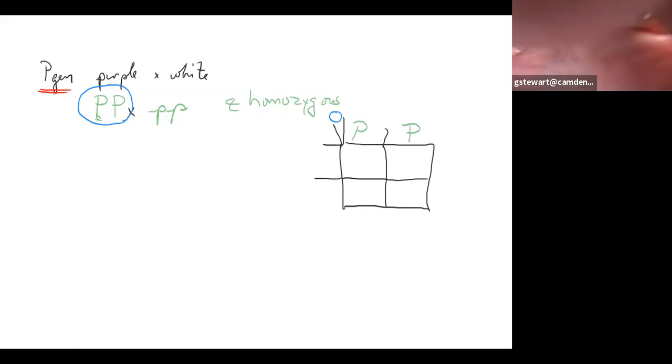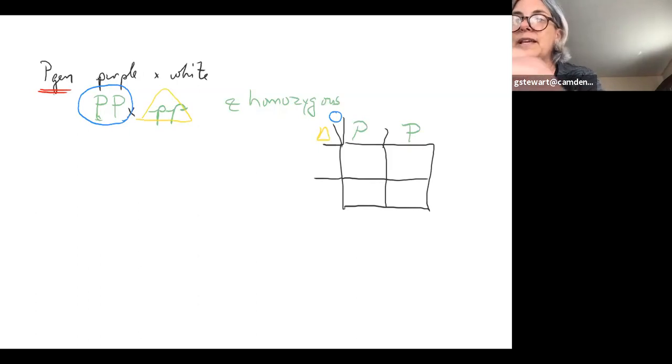This parent, the other parent, the white parent, put that one in a triangle, right? The alleles that they have to give clearly are only lowercase p or lowercase p. Try to remember, these are gametes. These are possibilities. This is like doing some probability, right? And in this case, they are the same, right?